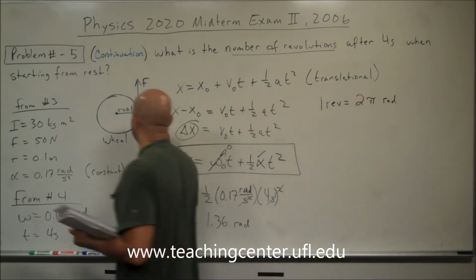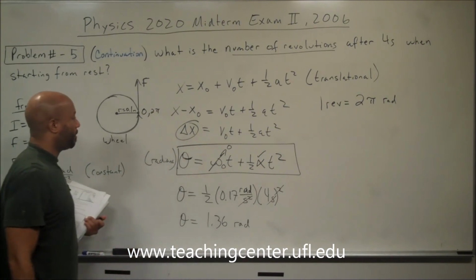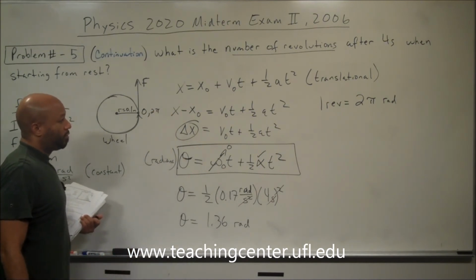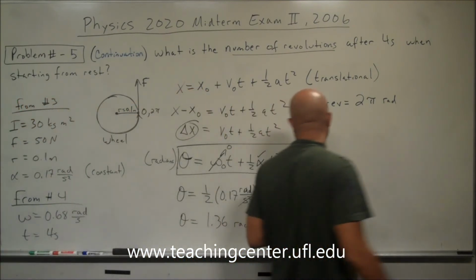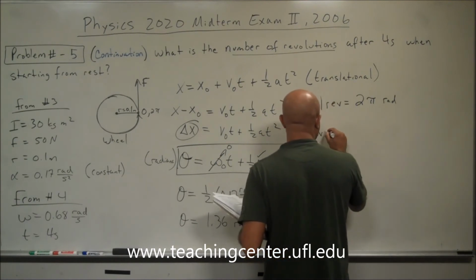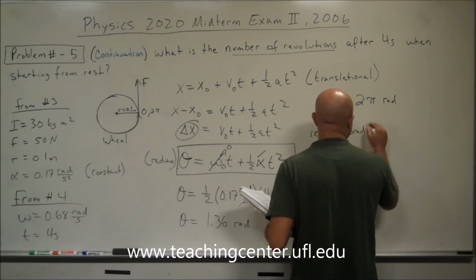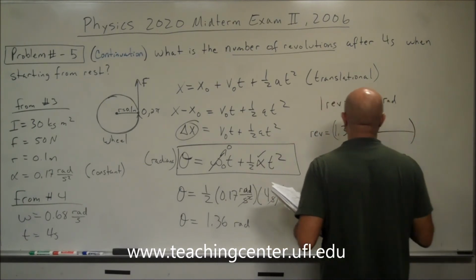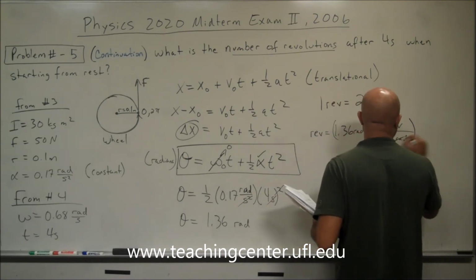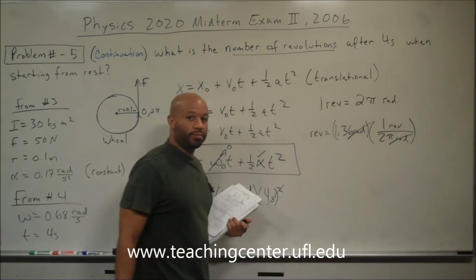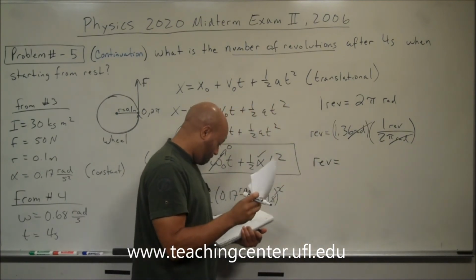Remember that this is 0, but when you go around, it's also 2 pi. So, given this relationship, we can convert: the number of revolutions is equal to whatever we're given in radians multiplied by a conversion factor, which is 1 revolution on top and 2 pi radians on the bottom, so that our radians cancel out. So revolutions in this case would be